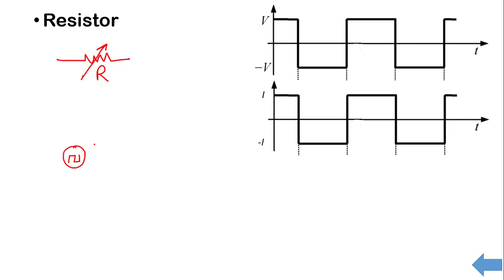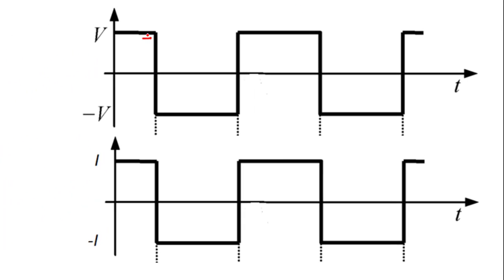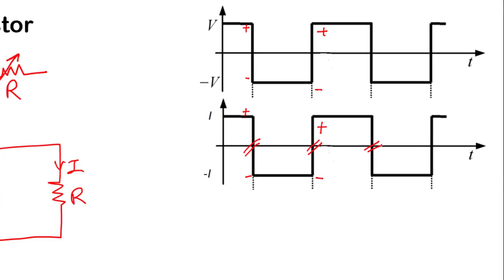So now let us assume I am having a square wave applied to a resistor. This is voltage V, current I is flowing over here. This is resistor R. As you can see, the current response in a resistor is instantaneously the same as that of the voltage. Means if voltage is changing from positive to negative, the current will change instantaneously from positive to negative. If the voltage is changing from negative to positive, the current will change instantaneously from negative to positive. It is as simple as that. Whenever there is a change in the voltage, the same change will reflect in the current instantaneously without any delay.